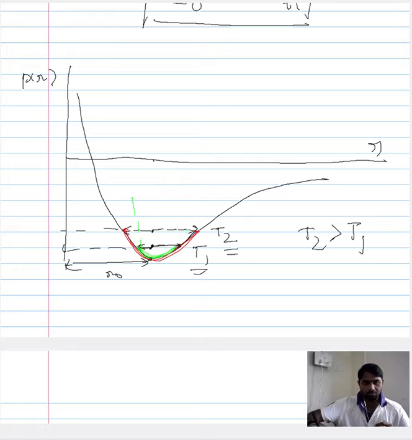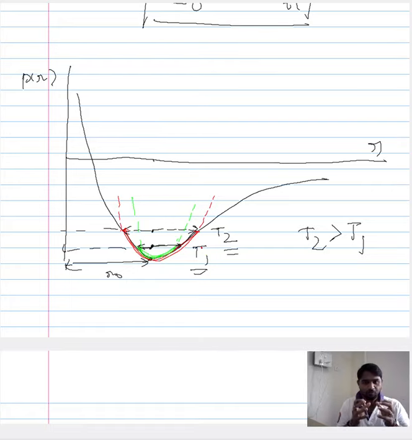Let me plot. So I would have two parabolas that look something like this. This is my potential energy approximation for T1 and T2. Instead of a single asymmetric curve, I have confined myself to the vibration at T1 and T2, and approximated the part of the curve that characterizes the temperatures T1 and T2.